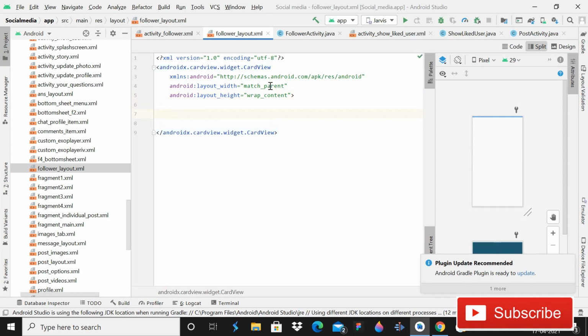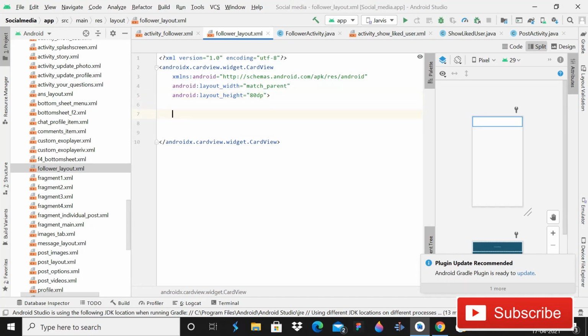And here I will give the width match parent, and this time I will make the height 100 dp, I think, or not 100, I think 80 is fine. So guys, now you can see that we have this thing.